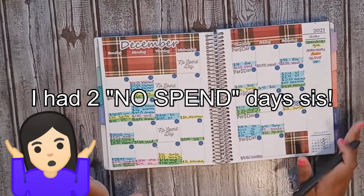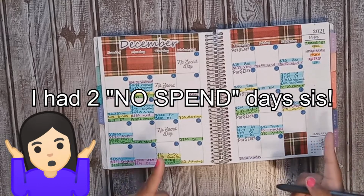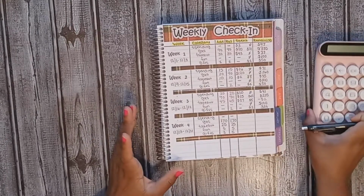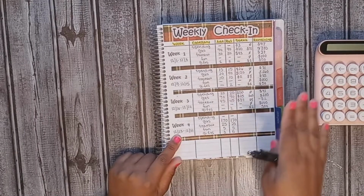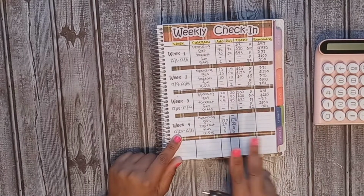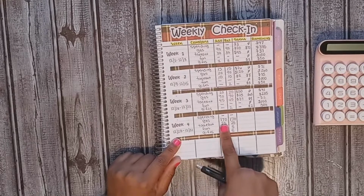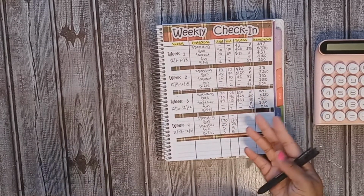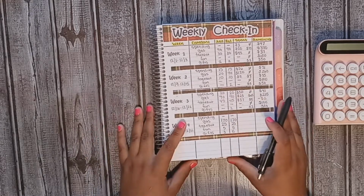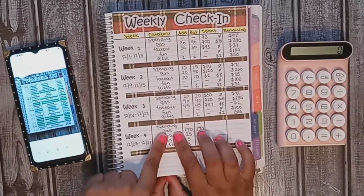Alright, you guys, so we are done with the calendar. So we're going to move on to the weekly check-in sheet. Alright, so like I said, this week is beyond what I normally do. I have 2 extra days in this week, so this is actually 2 cash stuffings into one. If that makes any sense, it's a little rough to explain, but alright, so we're going to start with spending,